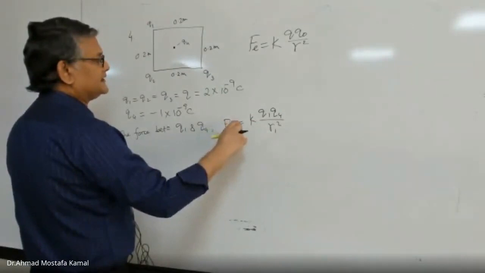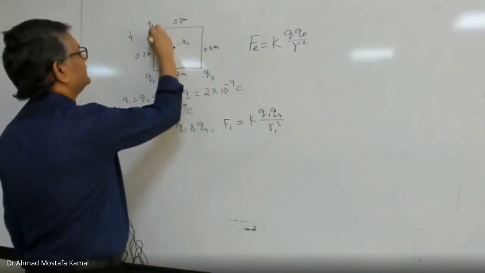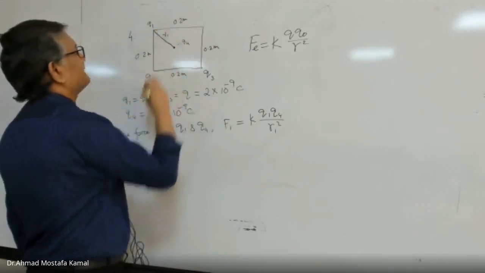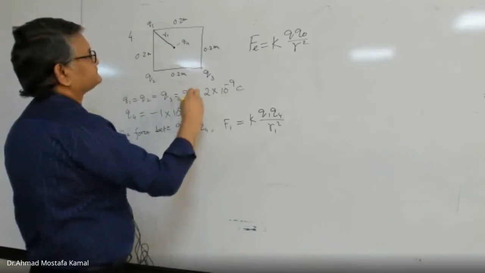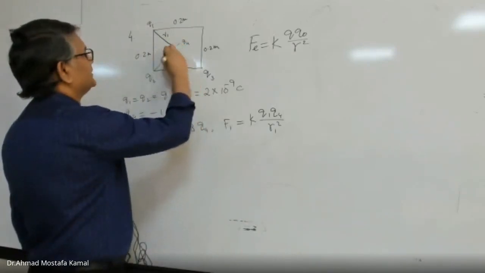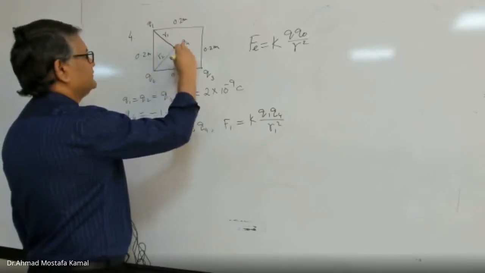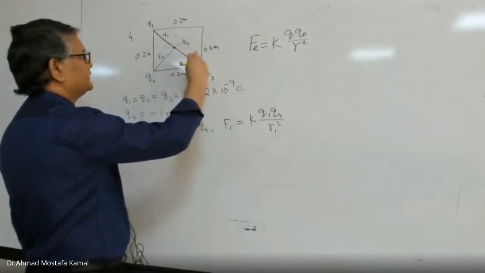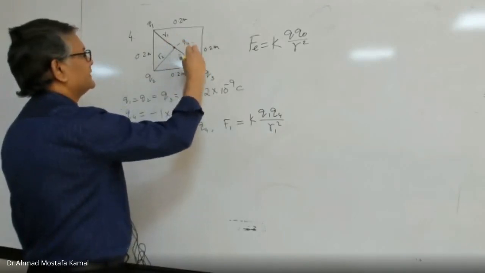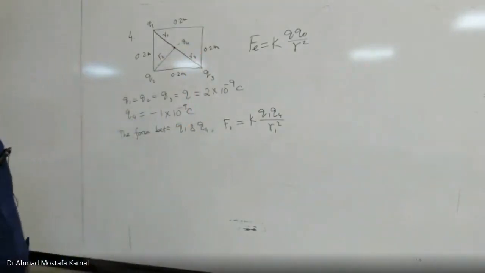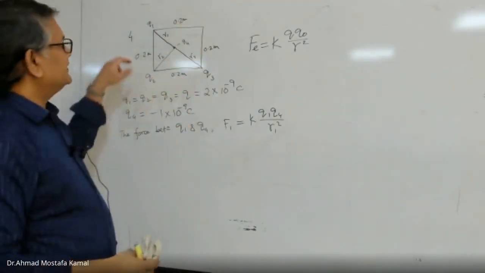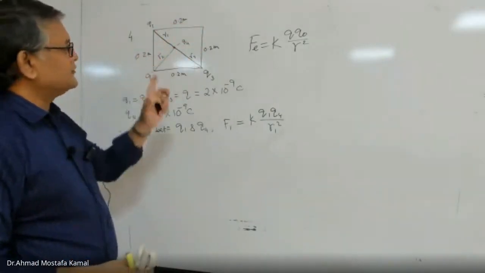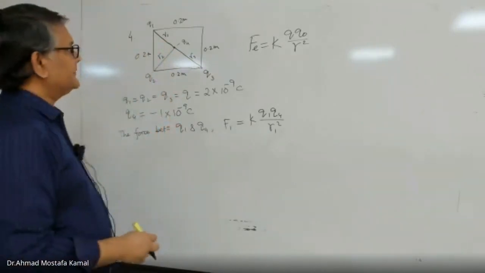But what about R1? R1 is the distance between Q1 and Q4. This distance is R1. Okay, and say Q2 and Q4 is R2, and Q3 and Q4 is R3. So this is R3. So আমাদের জানা দরকার R1 কত, R2 কত, R3, এবং এটা যেহেতু একটা স্কয়ার এবং এটা সেন্টারে আছে, তাহলে R1 R2 R3 ইকুয়াল হবে। হ্যাঁ, কিন্তু ইকুয়ালটা আমরা সেটা বের করব।